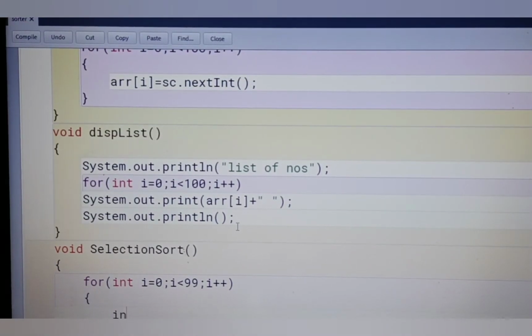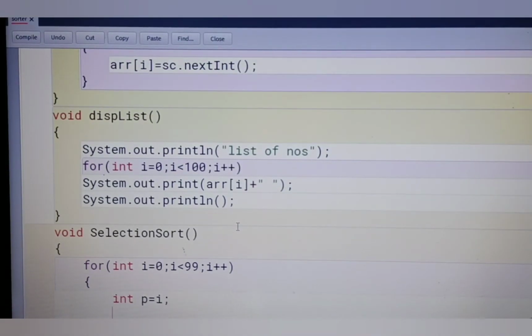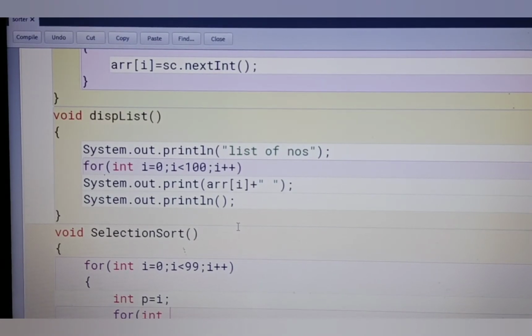Here we take a variable int p is equal to I. Okay, the I value we store in the p variable. Then start the next loop, a nested loop: for j is equal to I plus 1.